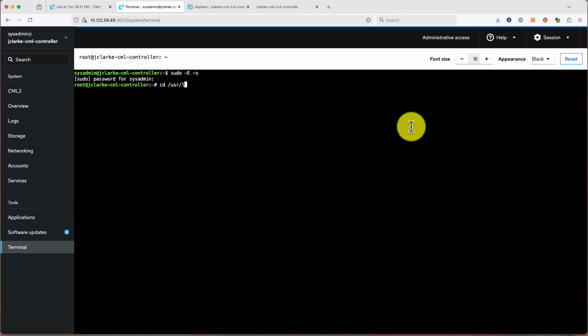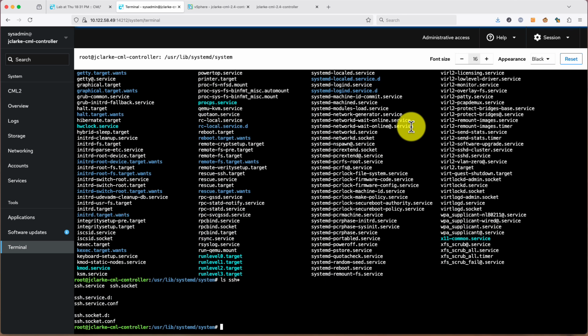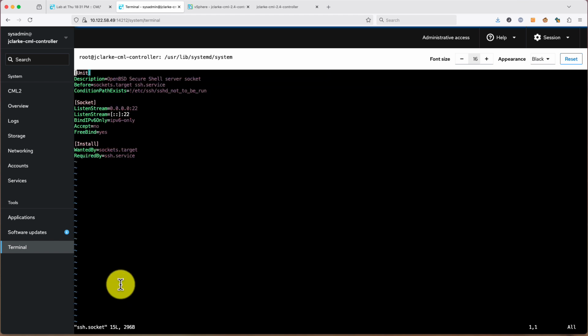And we'll go over to /usr/lib/systemd/system, and there is some SSH stuff. So there's this ssh.socket. Let's take a look at this file here, just to give you an idea of what's going on. So what's happening is this property BindIPv6Only was set in that latest Ubuntu update that went through as CML was upgrading, to IPv6 only. So the only way I can SSH is if I have IPv6 on my system,